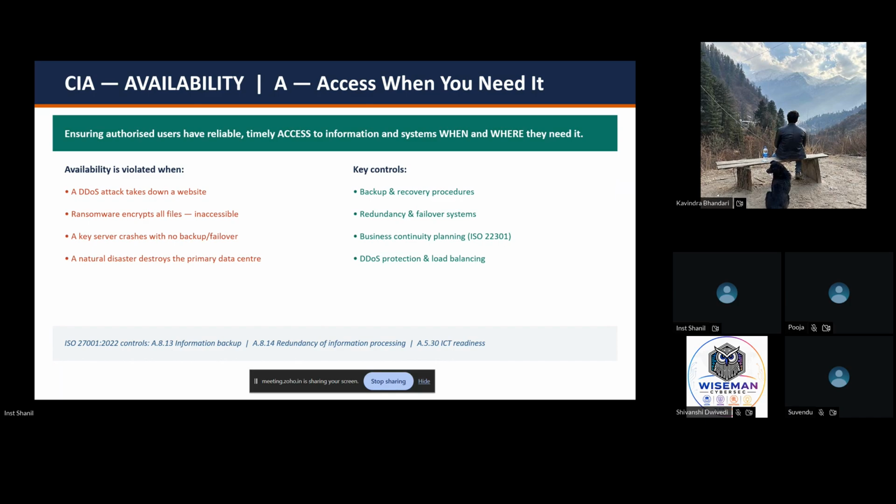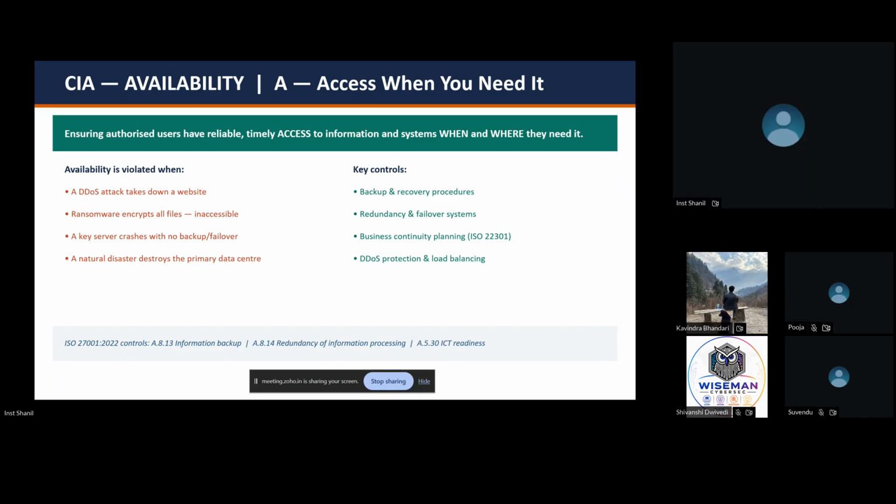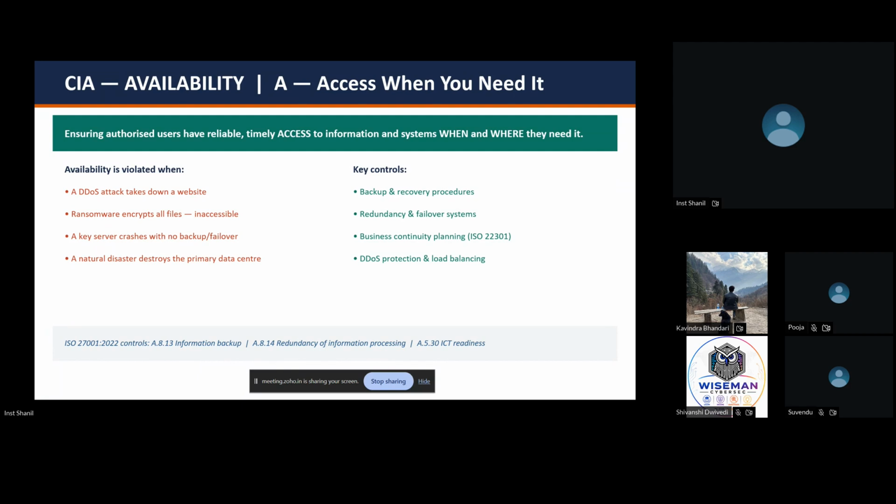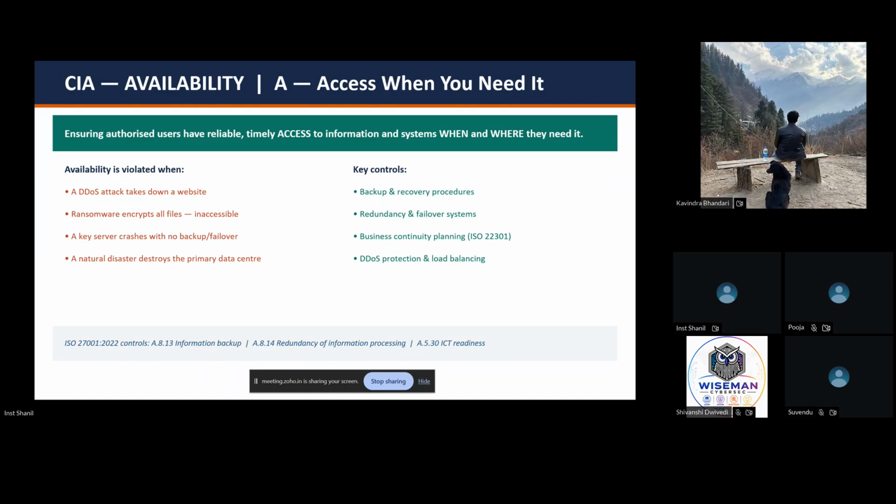Even if availability gets impacted, along with availability, your confidentiality and integrity also get impacted. Yes, because one is linked to another. Correct. If you're not able to access your account, how are you going to ensure that your data is confidential or available? It is not available anymore, right? And if someone has gained access to your account, he's definitely going to alter your data, make changes. Exactly.